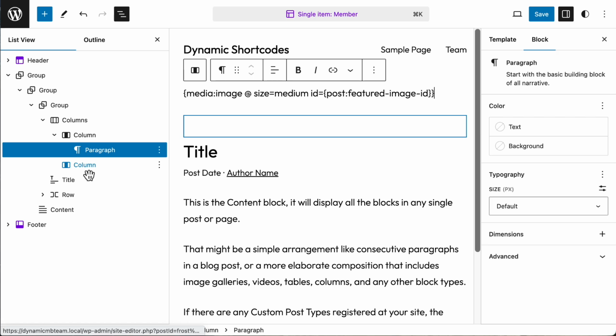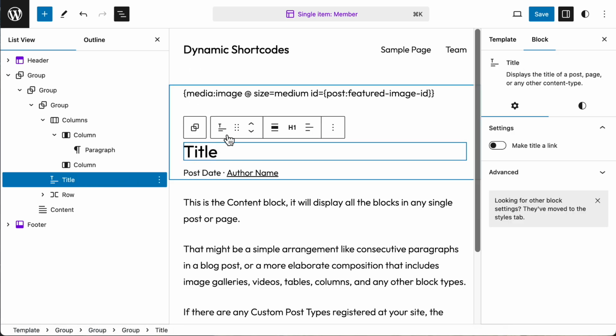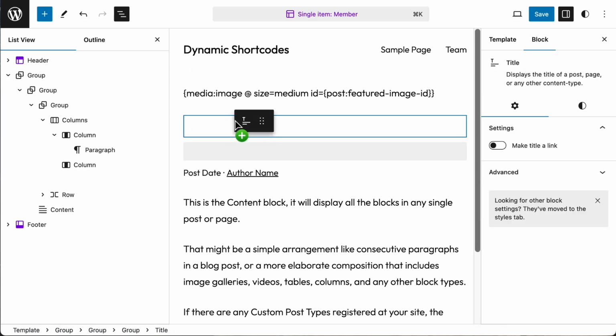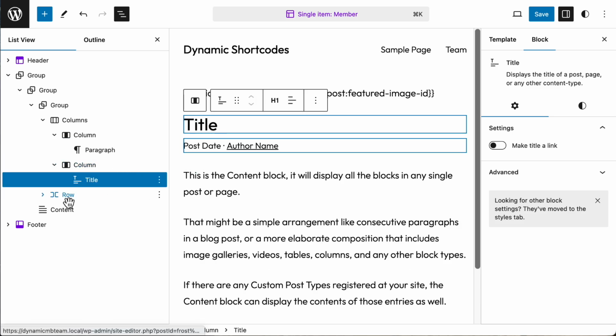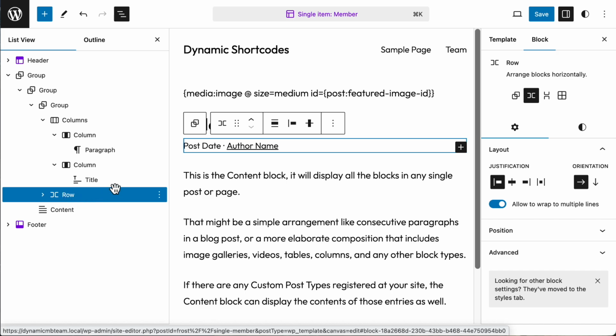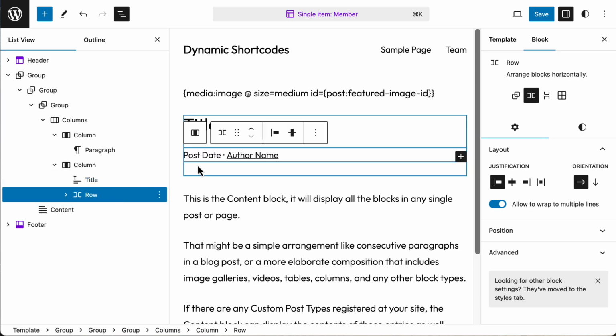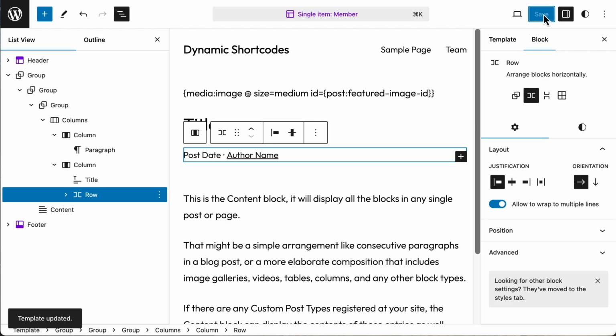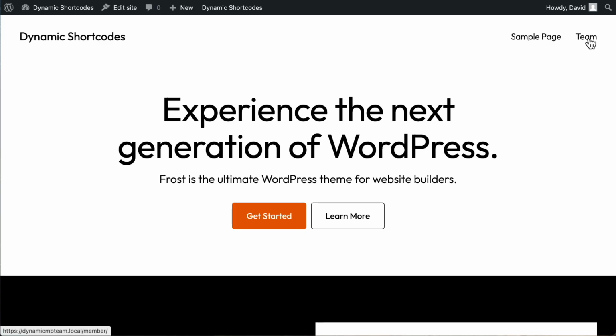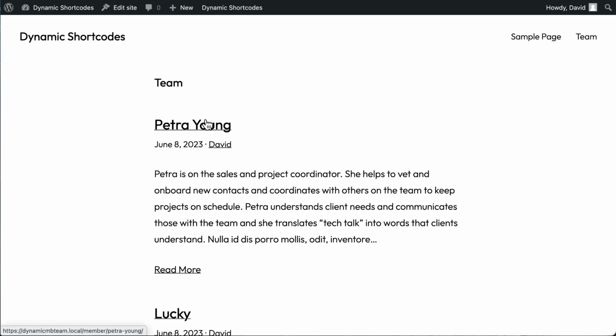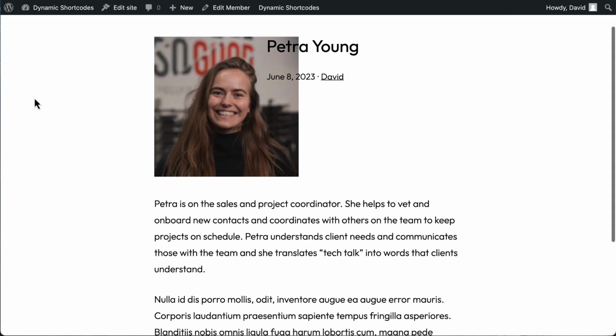Then I'm going to go to the second column and let's just move the title into there. Let's grab this row also. Let's move that in under the title. Now I'm going to just save and let's go and preview, and we'll go to the team and to her